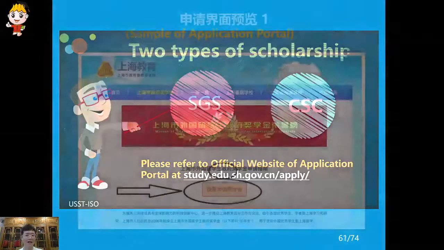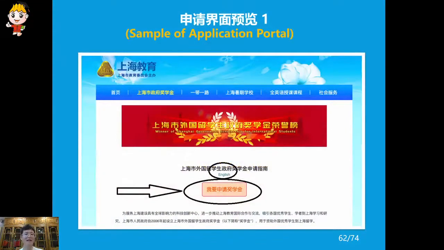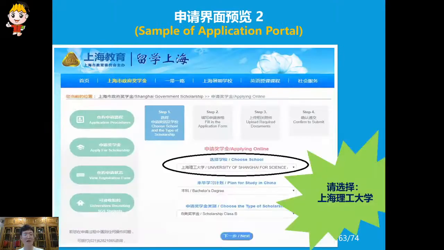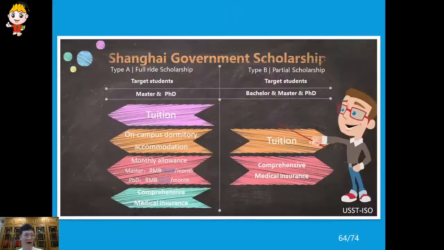Okay. And this is a screenshot of the application portal. Click English. You can transfer to English version and click the middle part in the circled area, which means I want to apply for scholarship. And also click and choosing University of Shanghai for Science and Technology and click Next to finish your application.